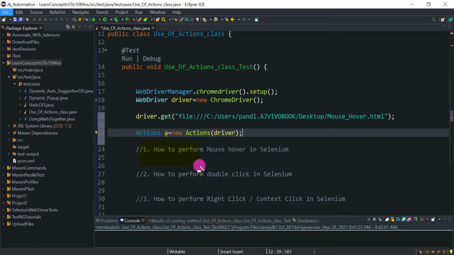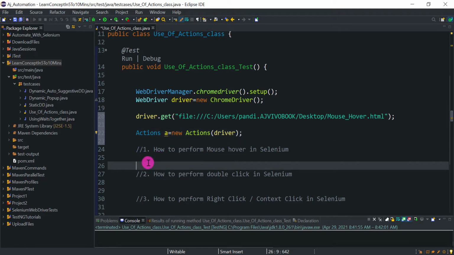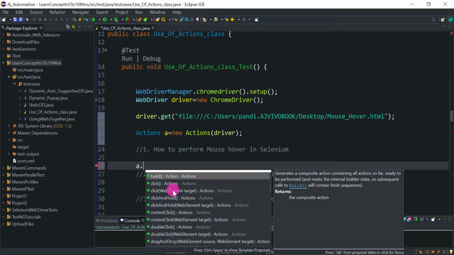So first let's see what the method is to perform mouse over in Selenium. With the help of the object reference of the Actions class, if you press dot, it will display the number of methods provided by the Actions class. As of now we are interested in mouse over.